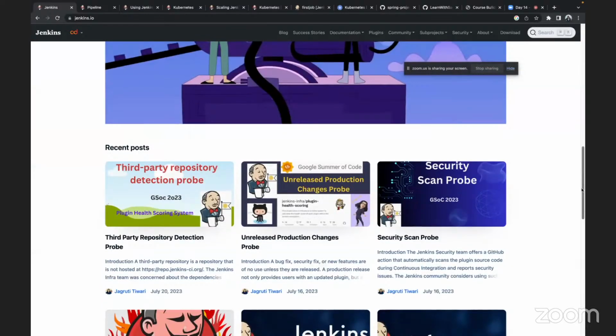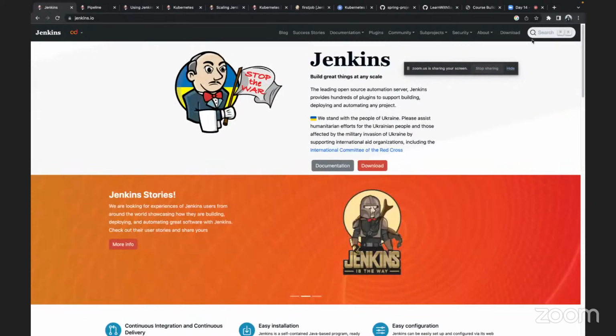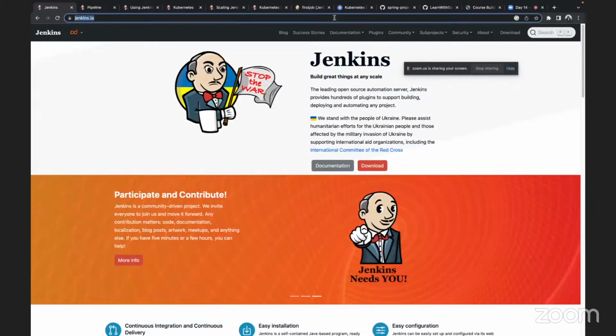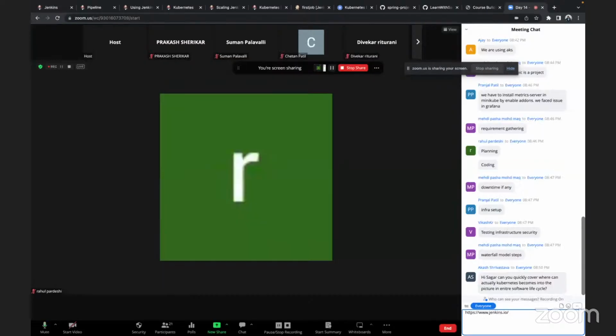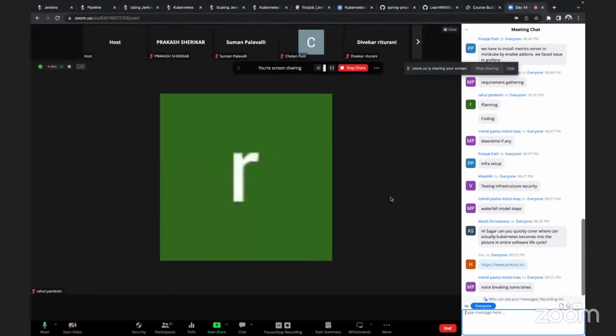Okay, where does Kubernetes come in? Kubernetes is an orchestration platform, correct? It is to host your application in the form of pods and containers. It will help you to auto scale your application. It will help you to load balance your application, and all those things which we covered in the first class of this